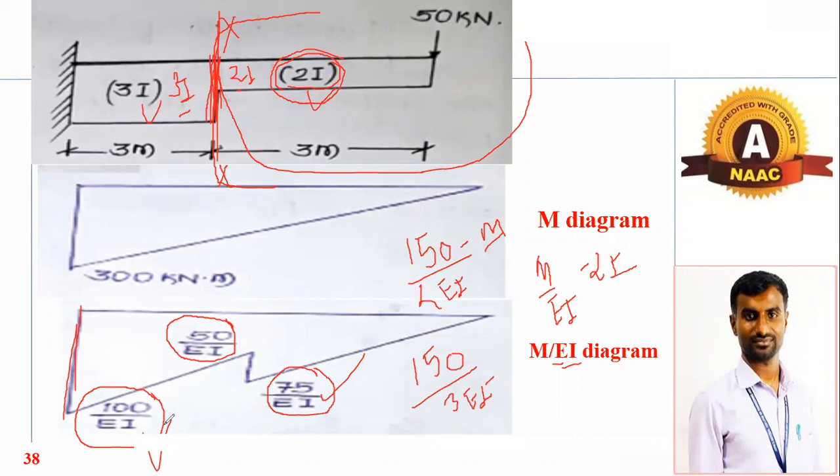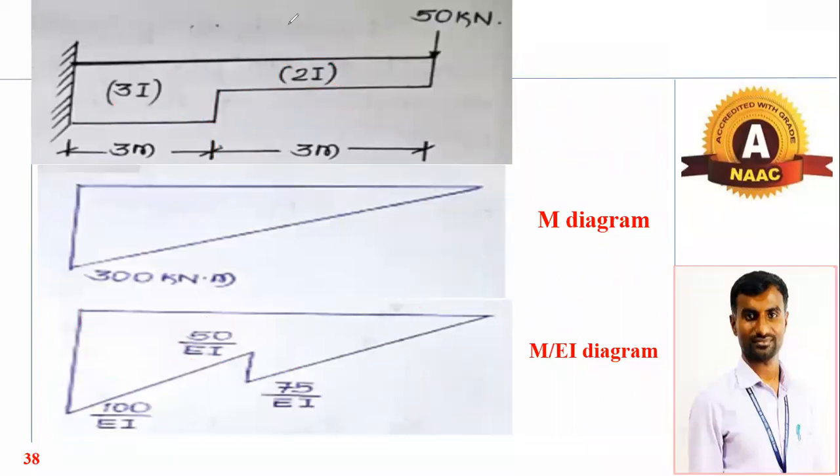50 into 6, divided by 3. Very good. Now force into perpendicular distance: the force is 50, the perpendicular distance is 6. Correct. And what is the cross section at the fixed support? That will be 3, isn't it? That will be 3, so that's why 3 EI. So how much is it? 300 by 3, 100 by EI. Okay, and this is the M by EI diagram. If there is a change in cross section, this is the variation. This is a BMD, and this is BMD divided by EI. Means nature of BMD will